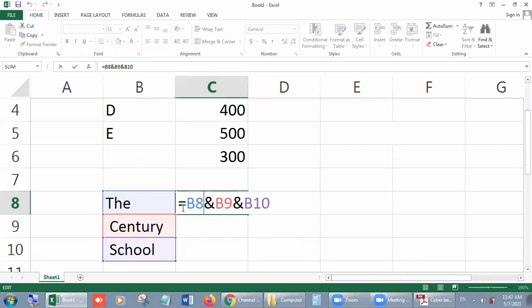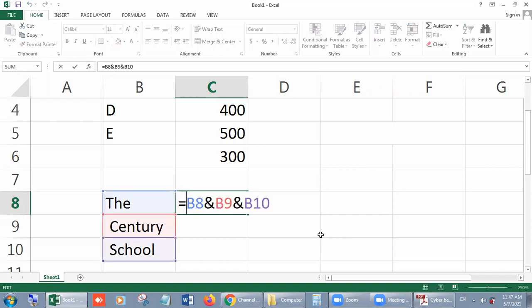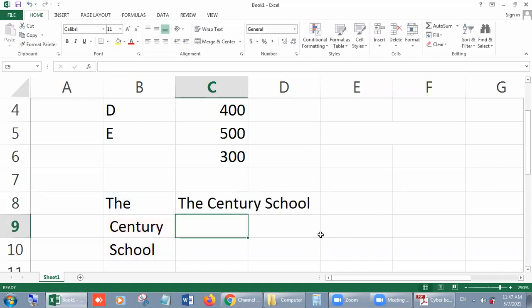Select one cell after the equal to sign. Equal to sign is a must. Without it, no formula will work. Let me show you. Suppose I am deleting this equal to sign, and after that, nothing will come, है ना? It is only just like data, not a formula. तो इसको formula बनाने के लिए क्या करना होगा? We have to put the equal to sign. Now you can see the difference.